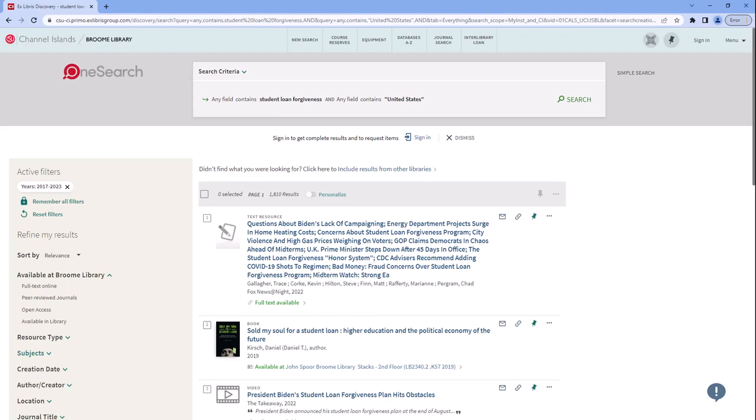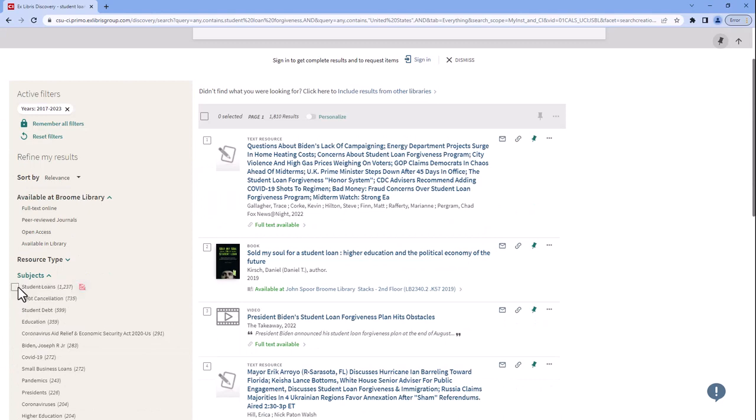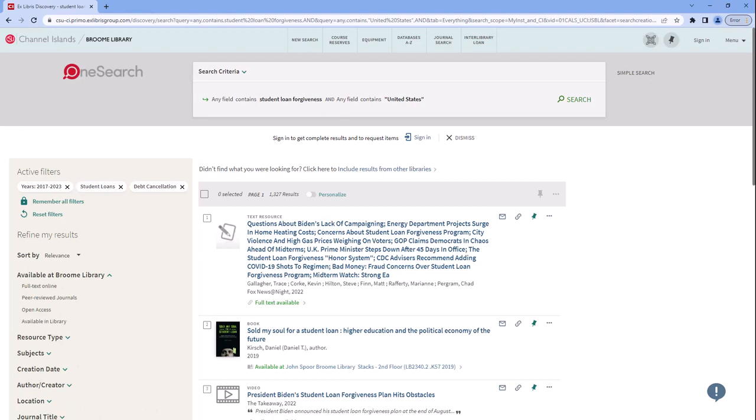So I'm going to now look at my subject headings. So immediately I notice student loans. That's something I want to narrow it down to. But I also see debt cancellation, which is really another way of saying student loan forgiveness. So not only do I have a new search term that I'm going to write down, I'm going to limit it to items that, again, have both of these subject headings. Let me click Apply Filters. So this has narrowed my search down about 1,000 results overall to give me about 1,300, which again is still